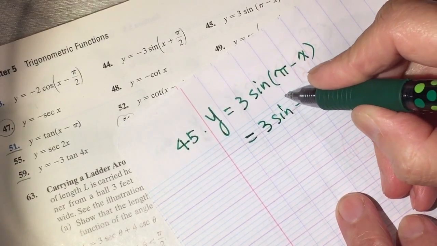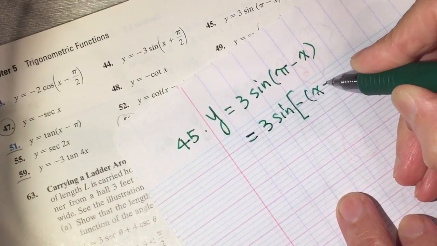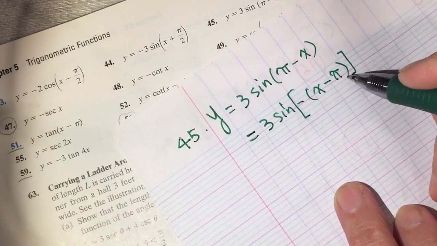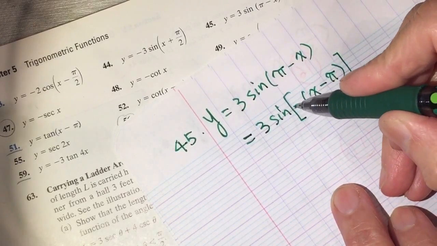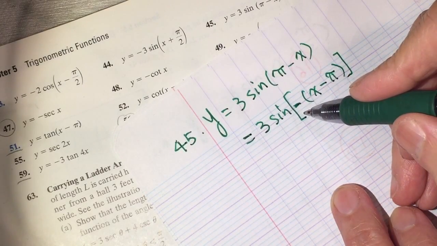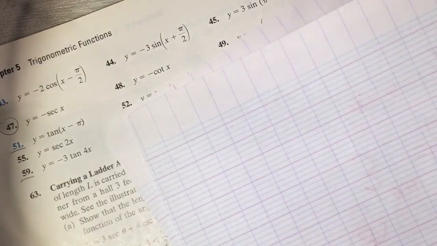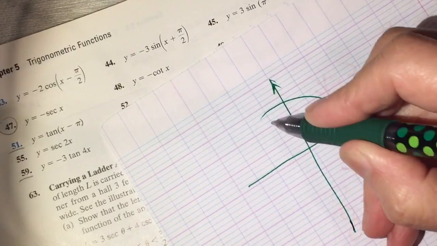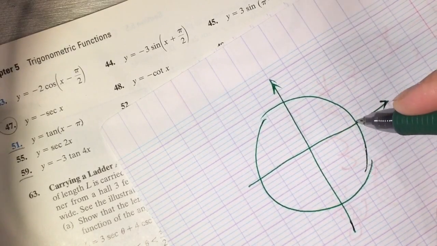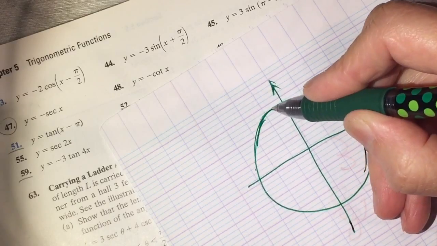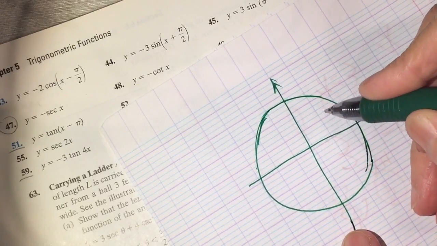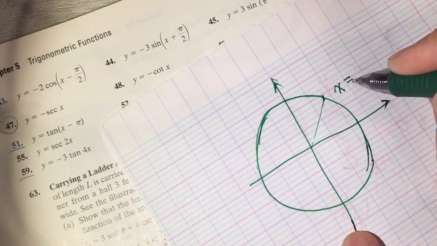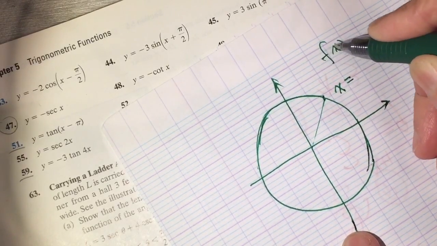negative x minus pi. Right? Now we can do the translation. And let's draw. Sometimes I do not remember whether it is an even function or an odd function. Whenever the x is negative, f of negative x